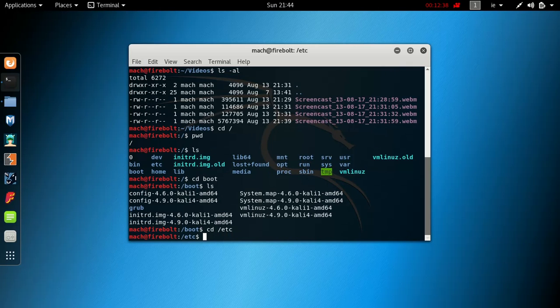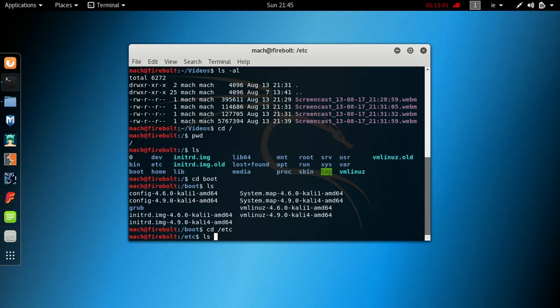So let's do an ls, and now we're going to use a thing called a pipe. So if you think about a pipe like a pipe, imagine ls is